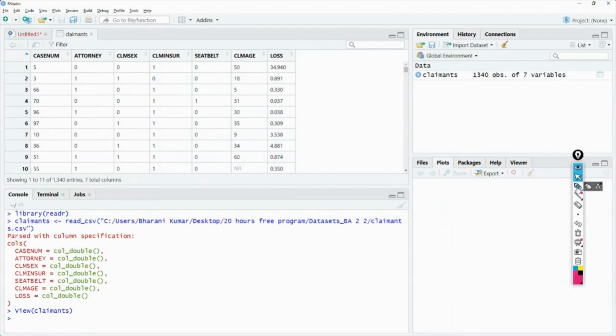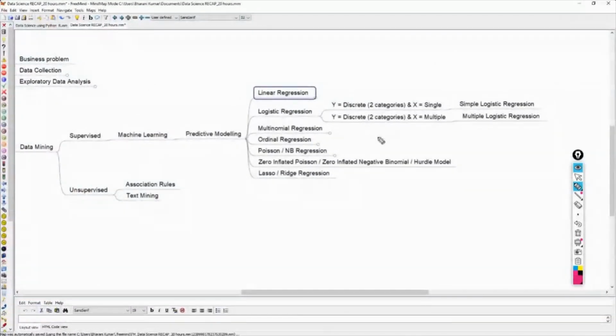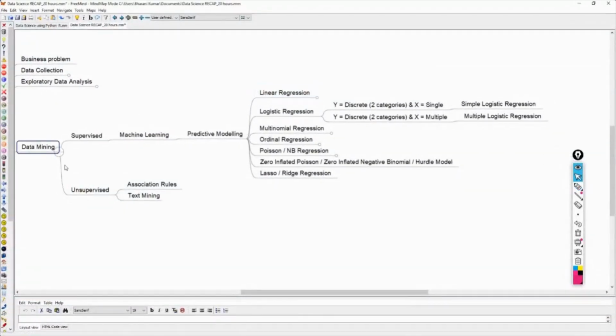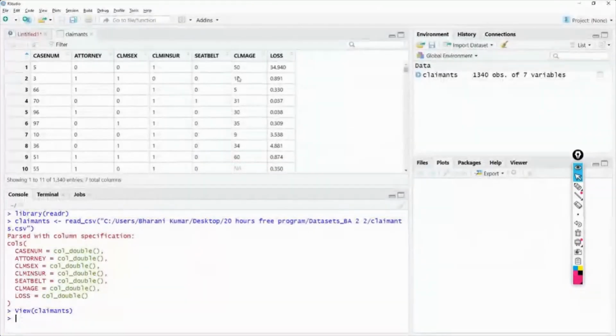Now, when you want to build a model, first of all, you need to understand the business problem. That's the first step, friends. First step is to understand the business problem. The business problem here is that